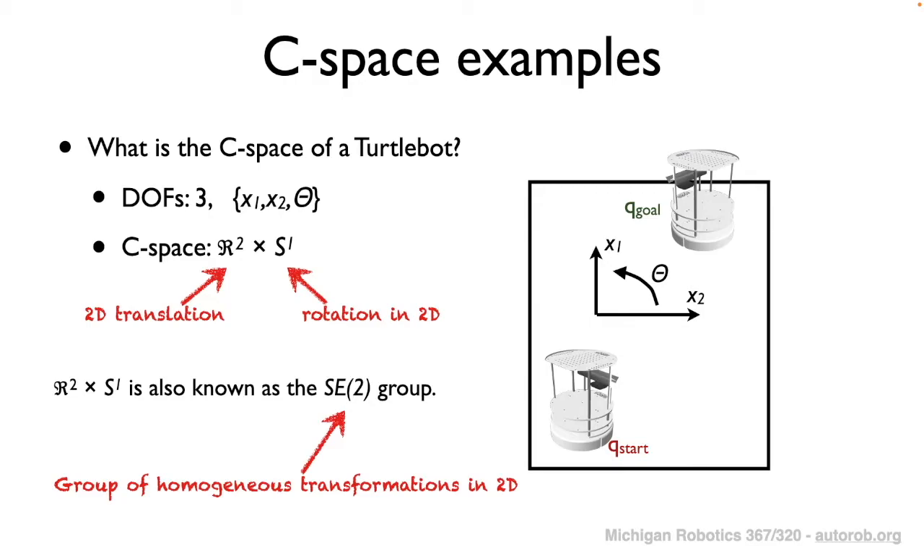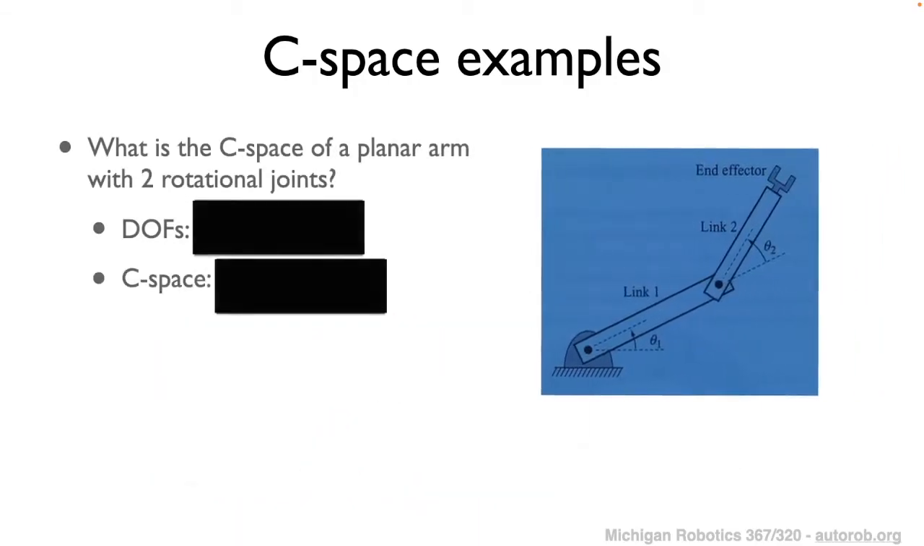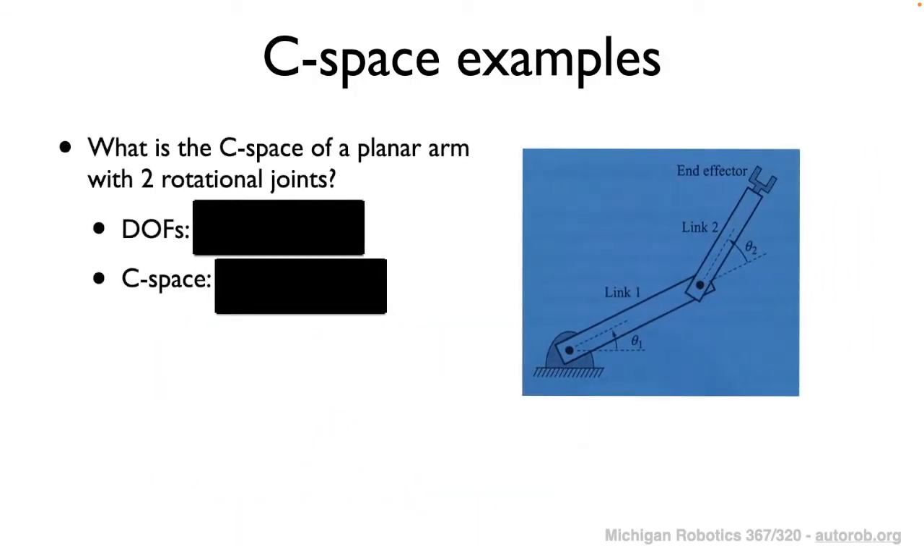And so the Cartesian product of these two groups, so R2 cross S1, is what's known as the group SE2, where SE stands for Special Euclidean Group 2, where this group describes the group of homogeneous transformations in 2 dimensions. And so building on top of this, we could look at another example robot which we should be familiar with